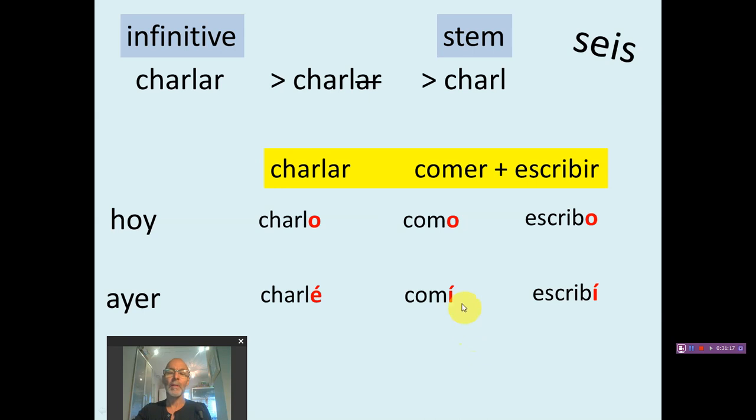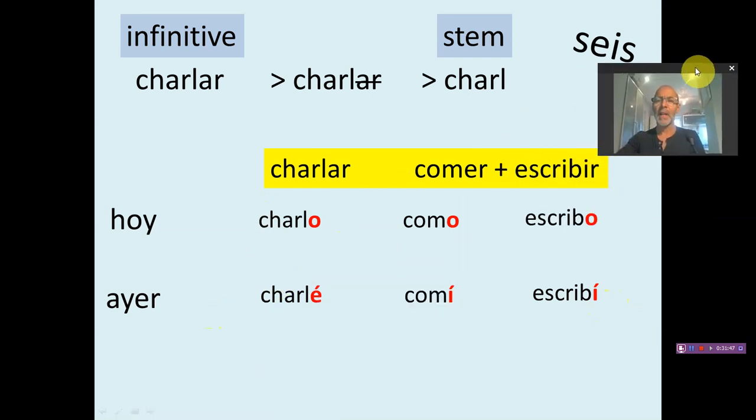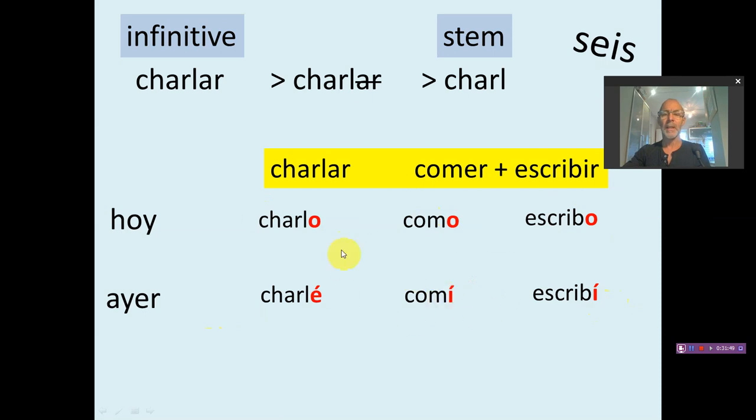So this is how we go from to eat, comer, to I ate, past tense, comí. Again, stress on the end, comí. And escribir, to write, you modify the verb, you chop that IR ending off, and on goes an I with an accent, escribí. Okay, so what we've got now is present tense and past tense endings and how they change in